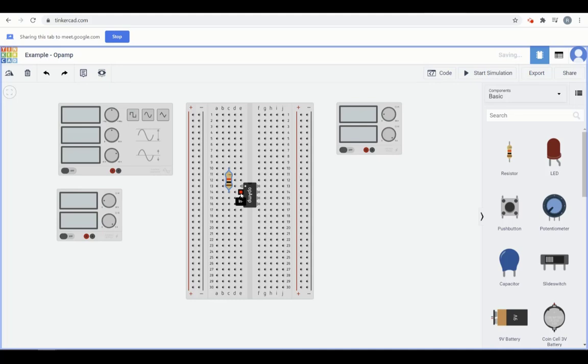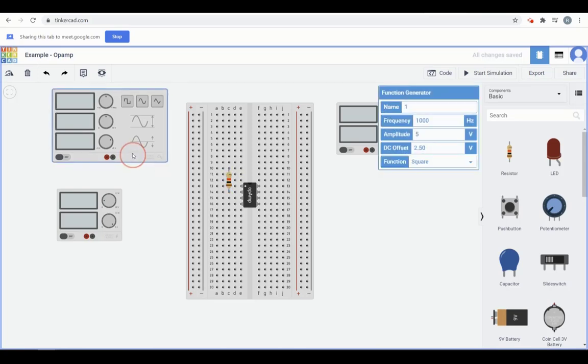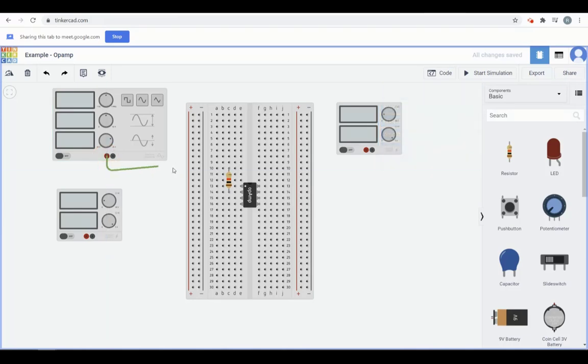This is input number 2, the V in non-inverting terminal. So this is where my input should come. Let me take this function generator, and this is going to be my input. This is the input and this is the resistor.